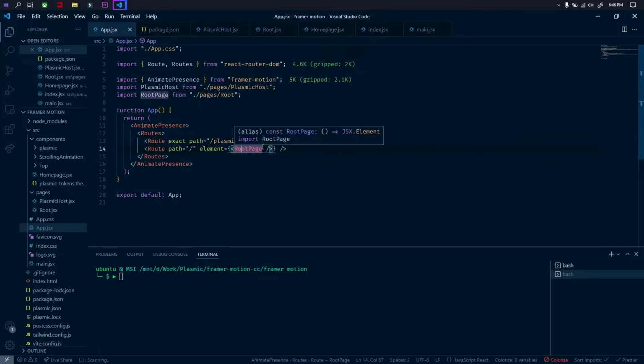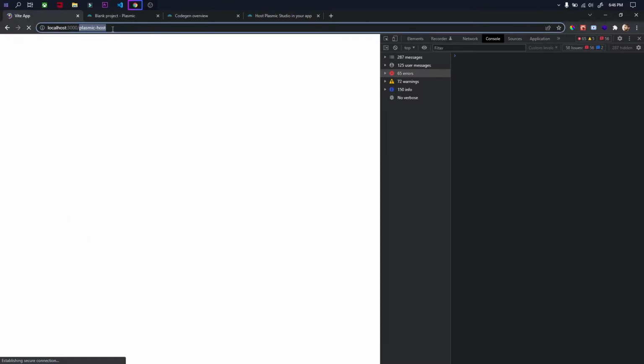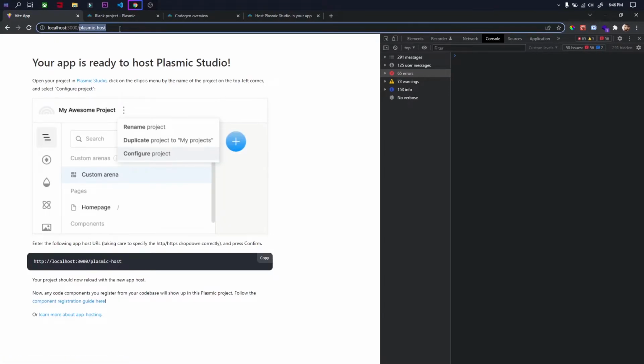So yeah, if you go back to our application and go to /plasmic-host, then it should render this particular UI, and if this particular UI is rendered and no error occurred inside your page, then you are good to go. So the next step is a configuration inside the studio. So we need to copy this particular URL and go